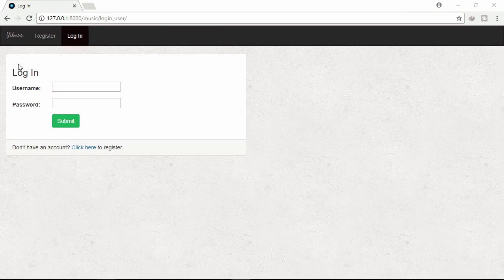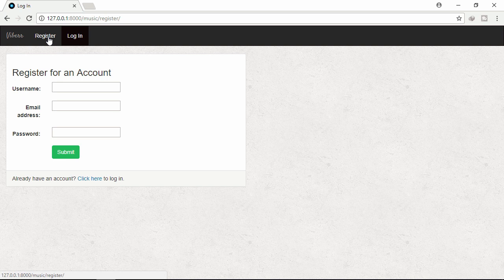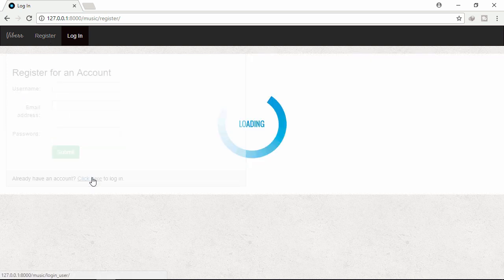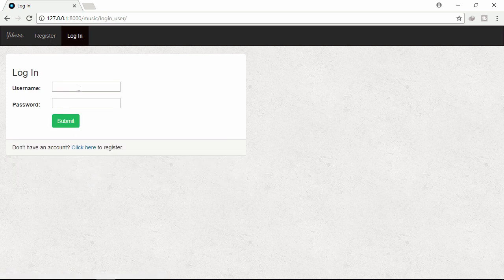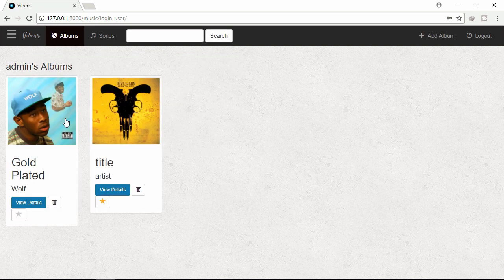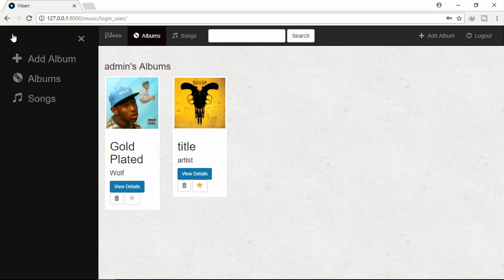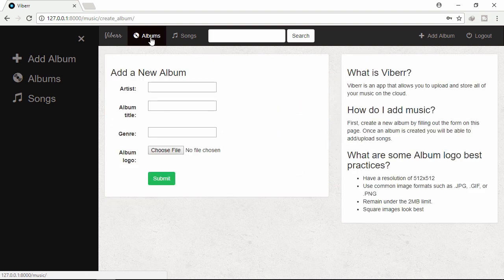Let's see the final demo. Clicking Viber, don't have access, click register, click here, let's log in, giving the username, the password, pass1234, let's submit. Okay, here is the website, clicking left bar, toggle, here is the left bar, clicking any link, click albums,